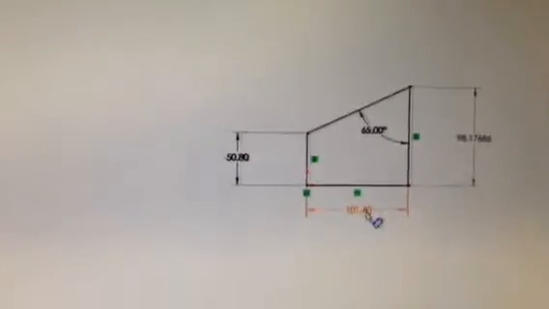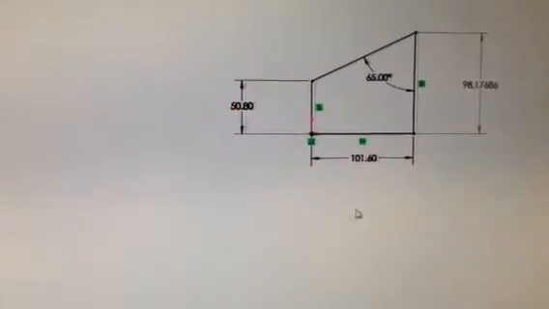I'm going to change to millimeters. The sketch closed out. It exited the sketch on me. The way to get back to that sketch is to click on this icon here and go to Edit Sketch. This little icon in the upper left corner, when I click on that sketch, brings me back to Edit Sketch. But you'll notice now my units are all millimeters. Look down at the bottom, I see MMGS,